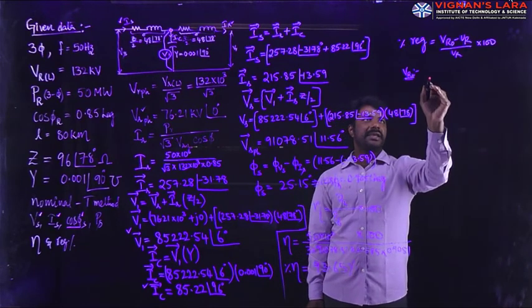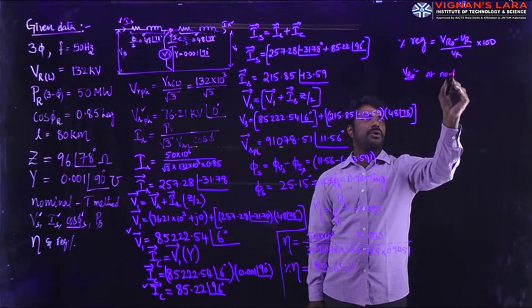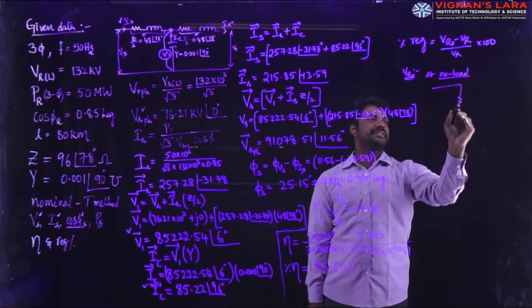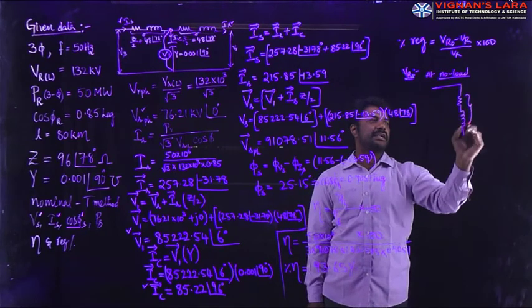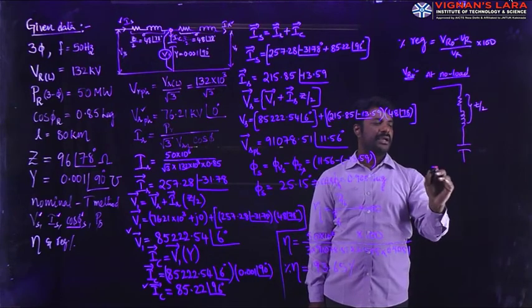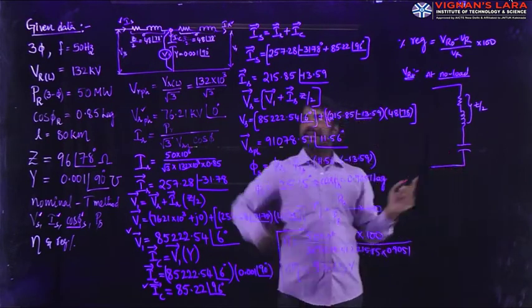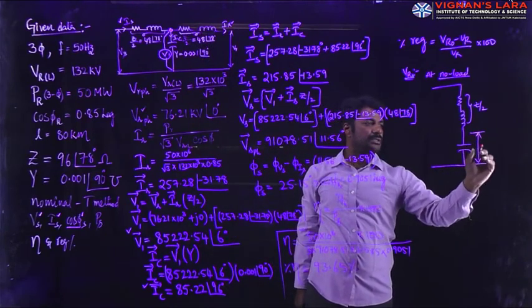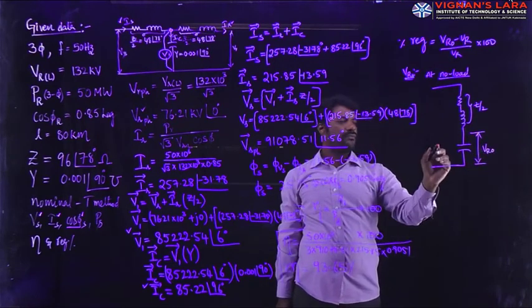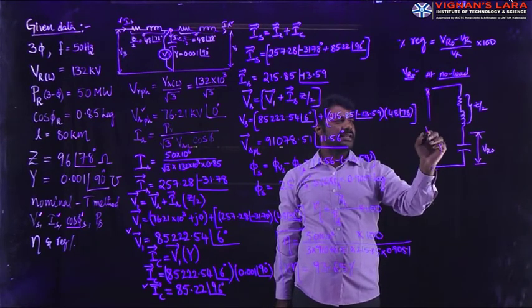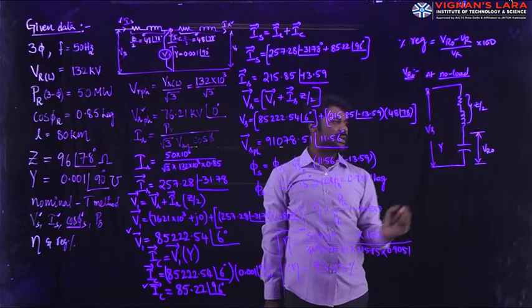The circuit will resemble this at no load operation. Let me draw the circuit diagram for no load. It consists of a resistor and inductor with half of its impedance, Z by 2, and next the capacitor is present at the midpoint. Because of operating at no load, the other impedance is neglected. The voltage across this is called VR naught, with a value of Y given in the problem. Convert it into ohms. Then the voltage injected here is Vs. Simplify this and you will get VR naught.